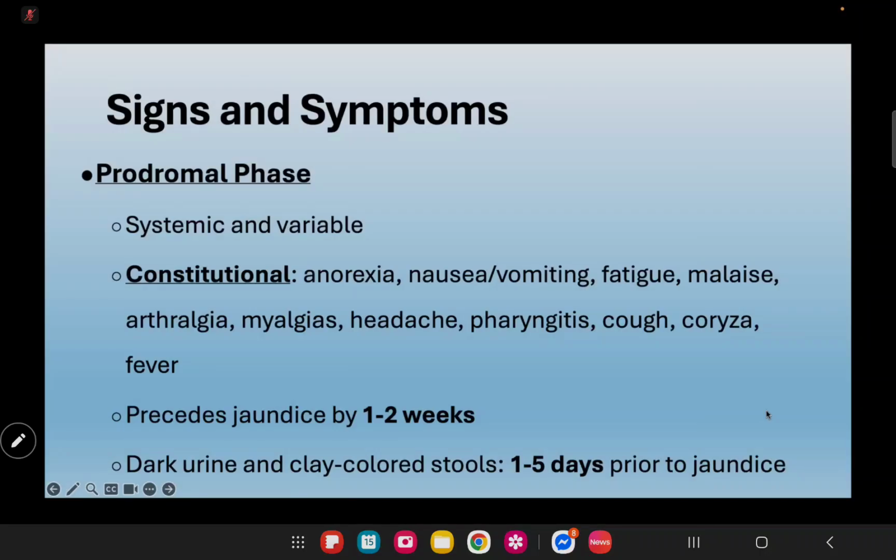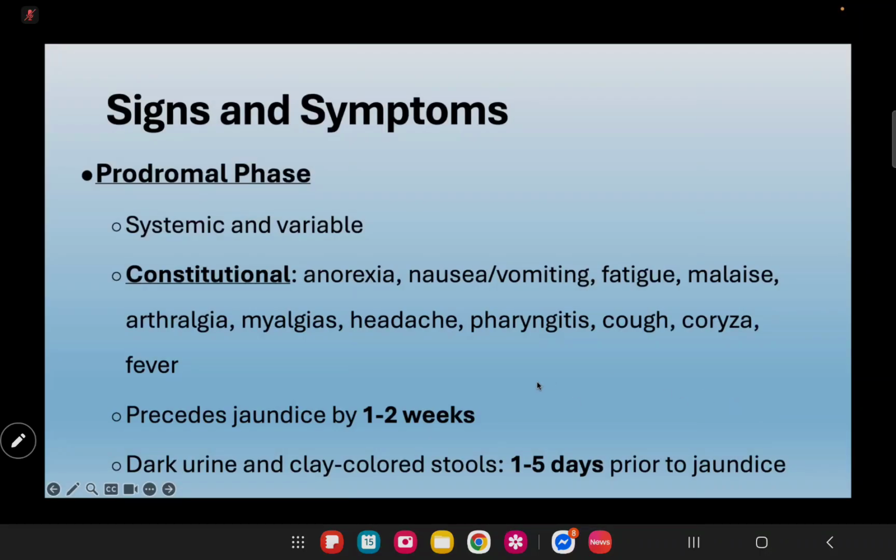Yes, very good. If there is a problem in the liver, there would be an obstructed bile excretion. So if the bile is not excreted into the duodenum, that's why the stool will become pale. And since there is too much bilirubin in the blood going to the kidney, there would be bilirubinuria. So that's why the urine will turn dark and the stool becomes pale.